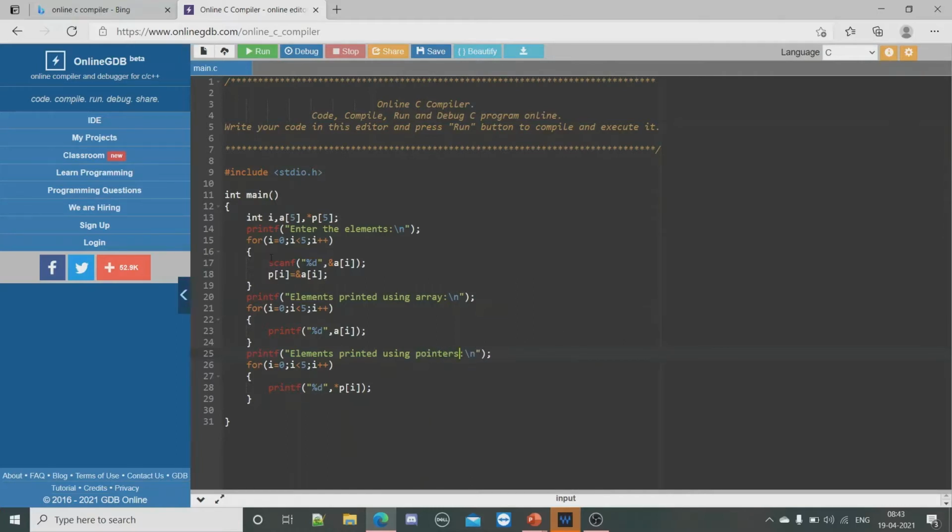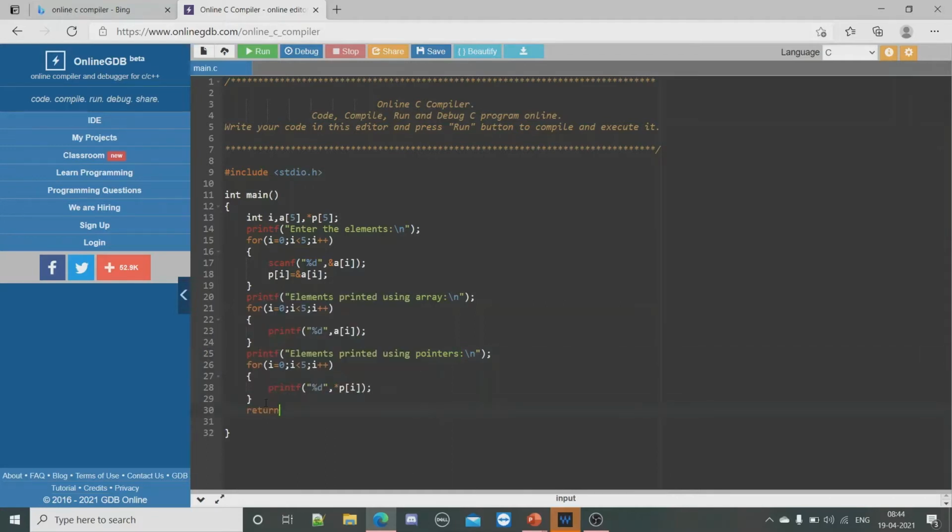What I've done is I've got 5 elements, and I'm storing the address of those 5 elements in p of 0, p of 1, p of 2, p of 3, like that. And then from that address I'm calling its value,